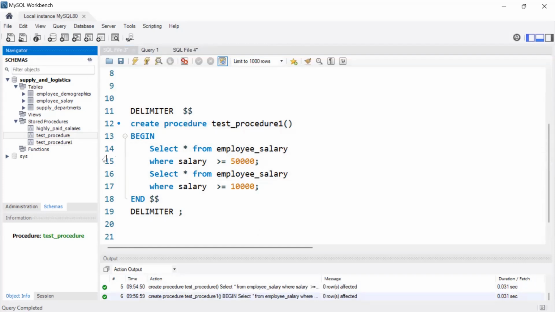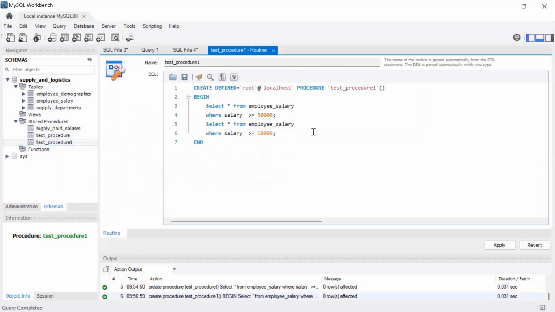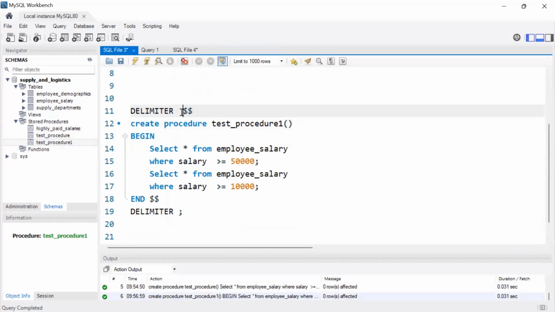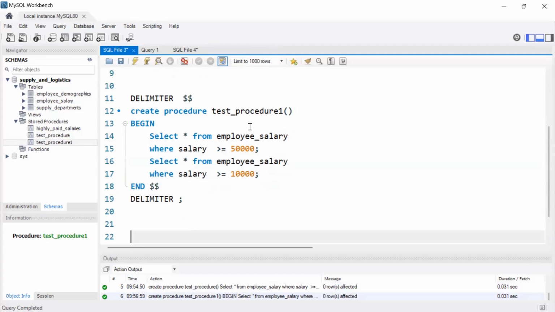Now if I open this and alter it, just to see, you can see this has been created with the two queries. This is the way we can use the delimiter with the begin and end, and whatever queries are written here will be part of this. Now we can call this procedure like this, test procedure one,